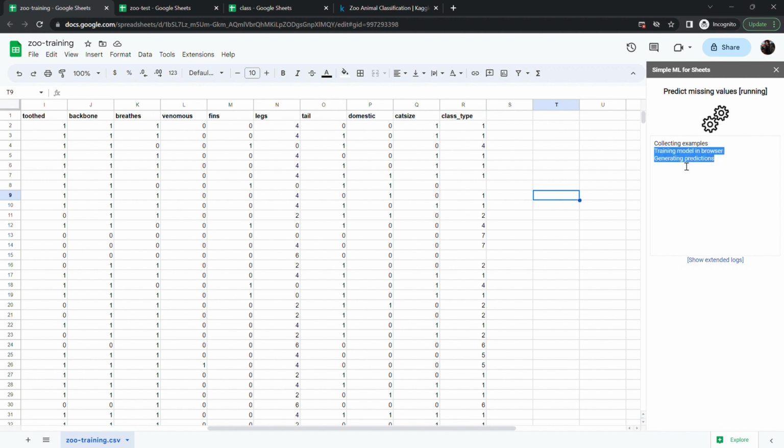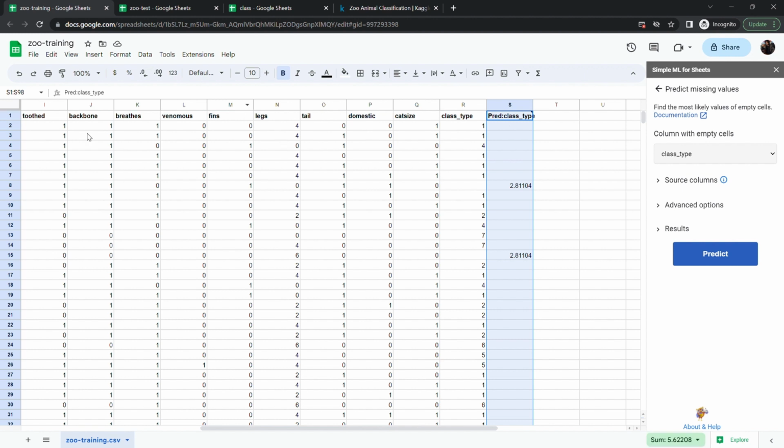So you can see the prediction is going on. Basically, the model is learning the whole data. Right now, the model predicts this data in this way, so we can see that there is a far difference. This one was actually 4, this one was actually 4, and this one was 7, but we can see that it is 2.8 and 2.8, like 3 and 3 prediction. So at least it is better than just guessing, rather than using this tool for finding the missing